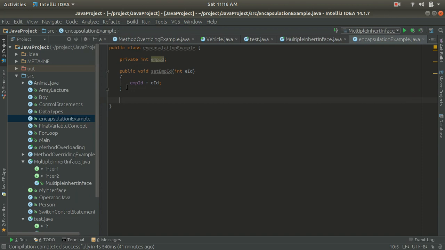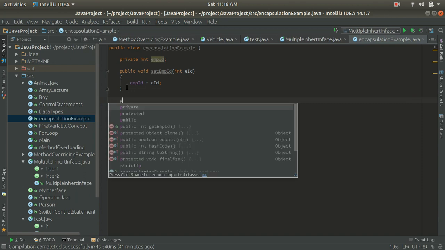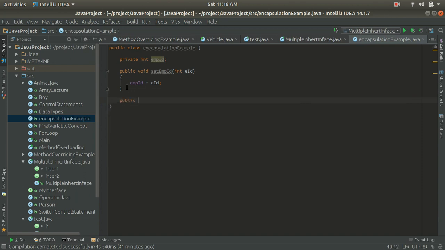Now I am going to create a getter method to view the variable value. So public void getEmpID. Here, this is the getter method getEmpID.